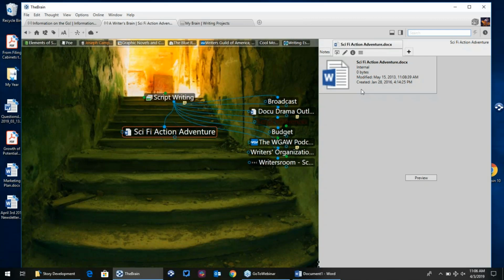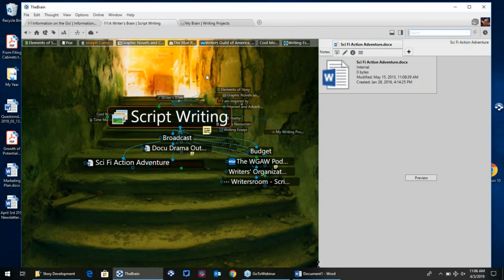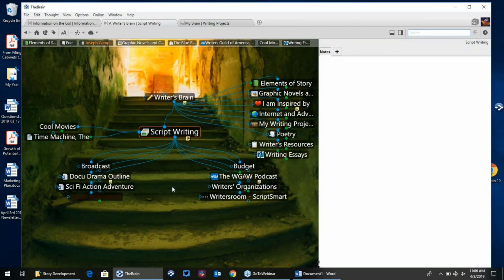So web pages, folders, PowerPoint presentations, in this case, a Word document, and I'll talk about version control and how you can use the brain to manage multiple versions of your writing content. It's all right here in the brain. So just to give you kind of an outline, and then, of course, thinking about how things are related, there's a